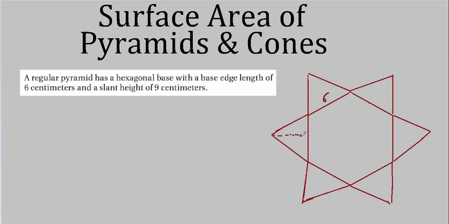Because this is the net for that pyramid he's talking about here. If we just open it up, fold all the triangles down, this is definitely not to scale. I mean, if this was 6, how in the world could this be 9? But the slant height is just what we used to call the altitude for this one particular triangle. For the whole pyramid, it's called the slant height. For this particular triangle, it would just be the altitude of the triangle. Remember, it goes like that. Well, okay, so this triangle, in fact all 6 triangles, will be pretty easy to find the area for.